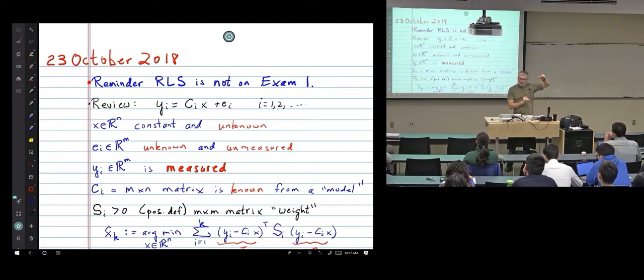3 times 33 is 99. If you have 99 rows, what's the maximum rank? 99. It's not 100, right? X has 100 components in your problem. So you've got to go at least 34 time steps to get 100 independent rows, okay? After that,